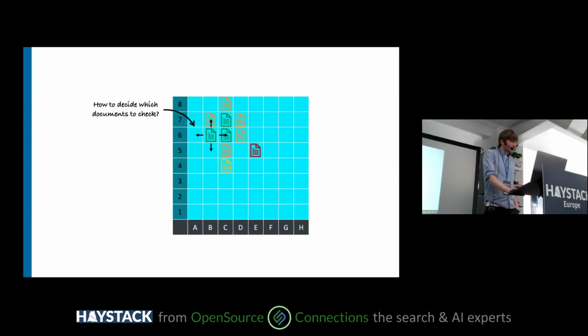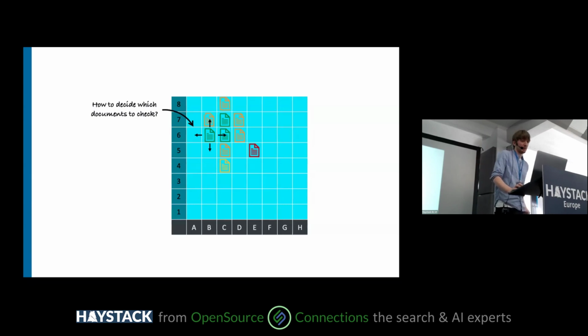Okay, the next question is, how do we decide which documents are worth checking? When we have a coordinate system in Battleship, there are characteristics about the shapes of the ships that we can leverage. We know things about the lengths of the ships and how they must be oriented on the game board. In ranking, we don't have that exactly, but we have something similar.